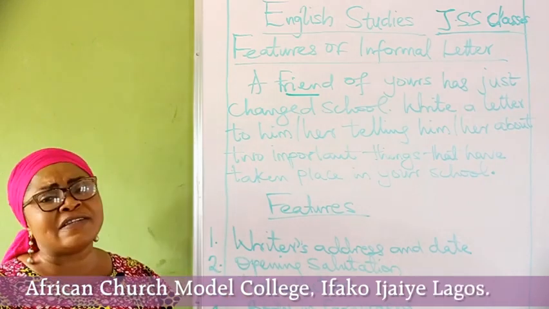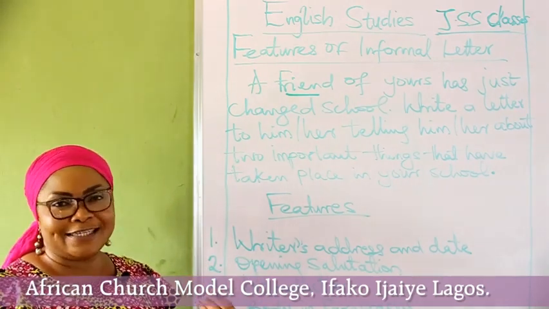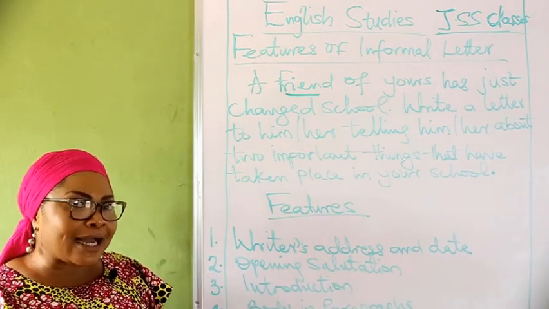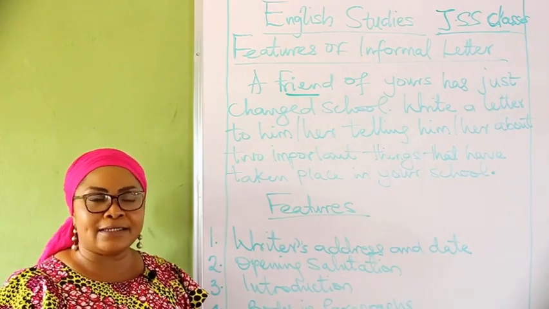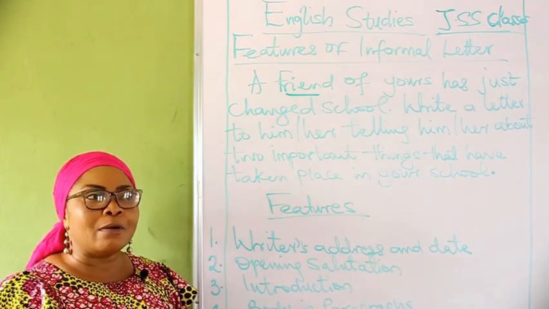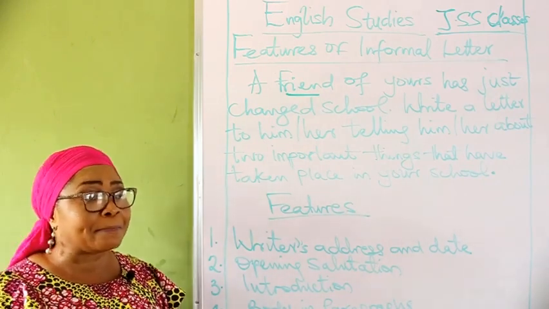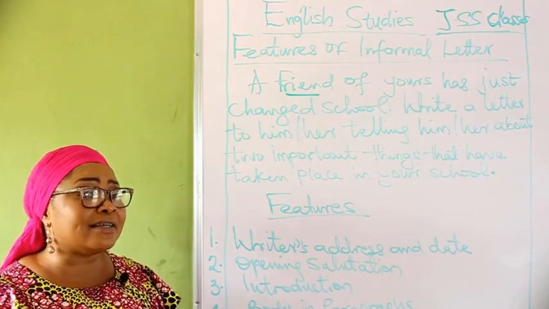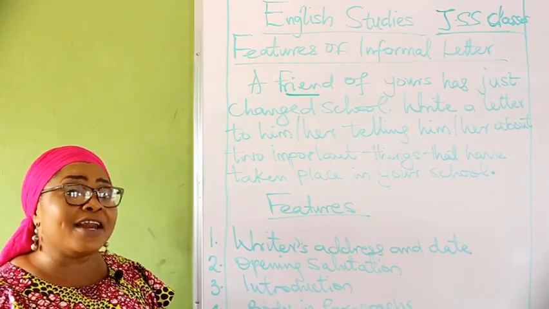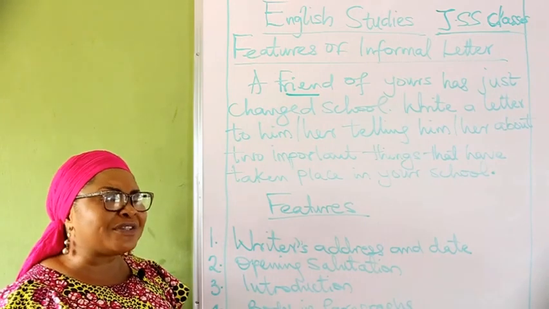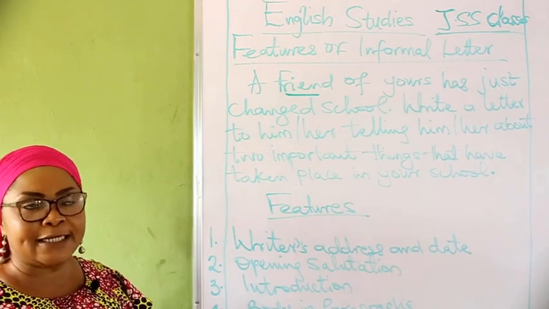Now we look at the language of this letter. This type of letter is a loose kind of letter. Okay? It is not a strict type of letter. What I mean by loose is, in the language, you are permitted to use some loose words. Remember, you're free to ask about the person's welfare. You're free to ask about the person's family background. And you're free to discuss freely. Okay? So it gives you room to discuss the way you would love to discuss with your friends or family.